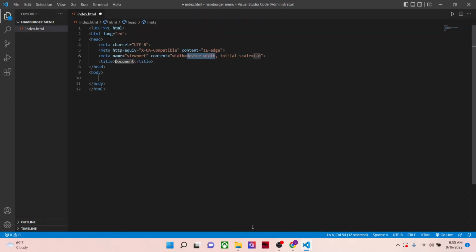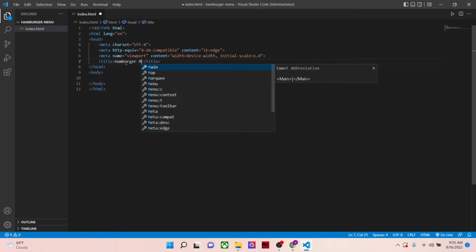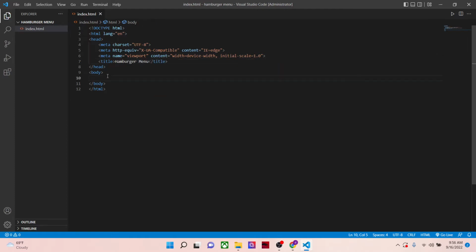Now put the starter code, then give it a title of hamburger menu. Then we will have a button,